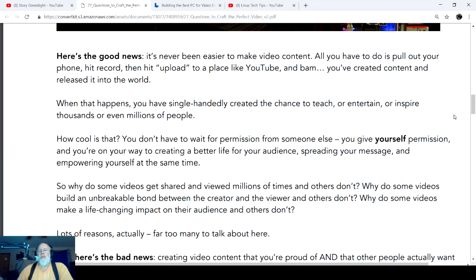It has never been easier to make video content. All you have to do is pull out your phone, hit record, hit upload to a place like YouTube, and bam, you've created content and released it into the world. When that happens, you have single-handedly created the chance to teach, to entertain, or inspire thousands or even millions of